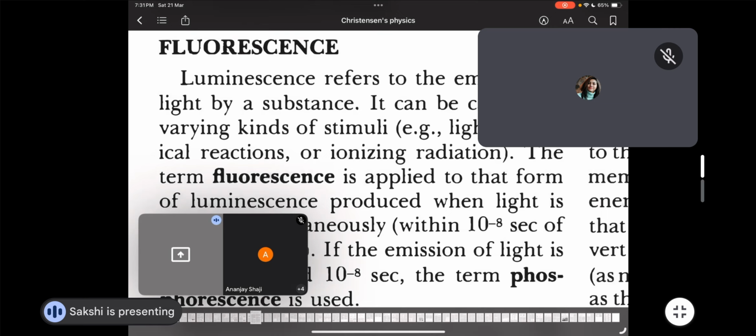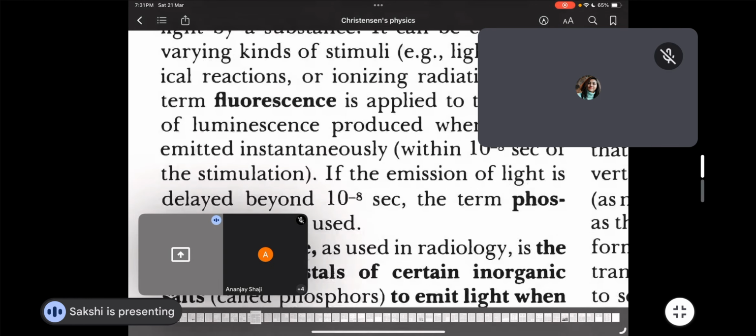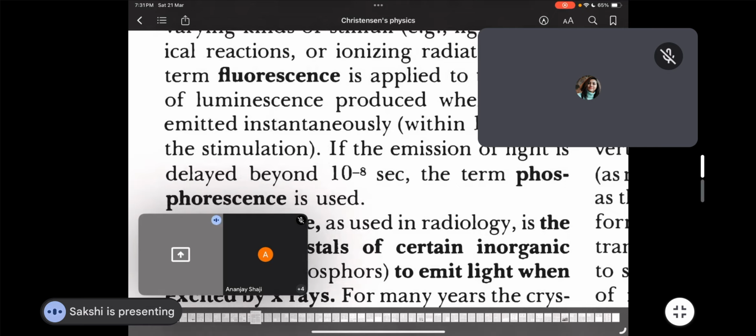For example, if we are using it in radio diagnosis, then obviously we have ionizing radiation, right? We are not working on chemical reactions or on light. But in other experimental PhD studies, we may use light or chemical reactions. Here we are using ionizing radiation, because PhD is not our part right now. Understood? So fluorescence is basically nothing very special, but it's just applied to that form of luminescence produced when light